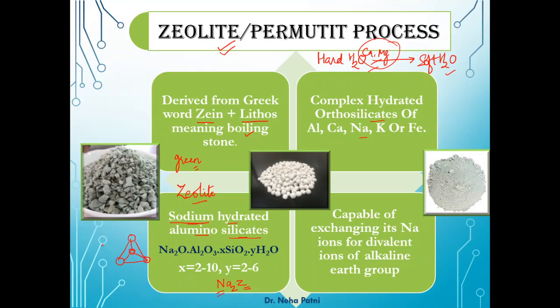Now, imagine if I remove one silicon, which is Si4+ in this structure, and in order to compensate that positive charge, I can dope it with aluminium 3+, and then there is one more ion left, which is Na+. So aluminium 3+ can take up that space where silicon was. But what about Na+? Na+ does not get a space in the lattice to occupy, so it keeps on roaming in this, and that is why Na is free to react. And that is why we call it Na2Z.